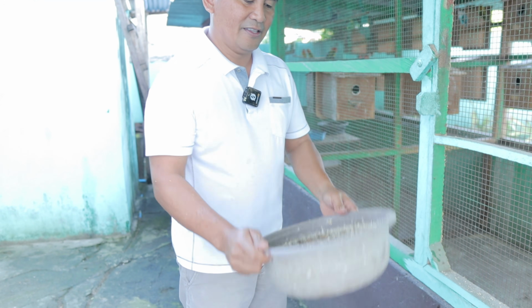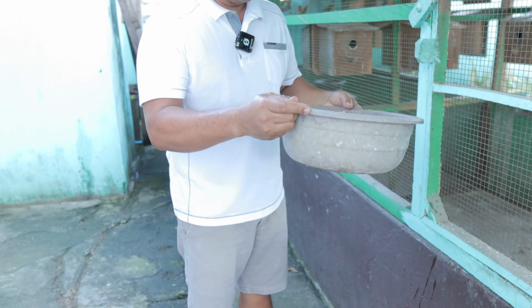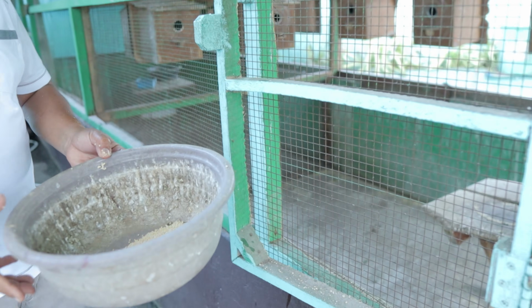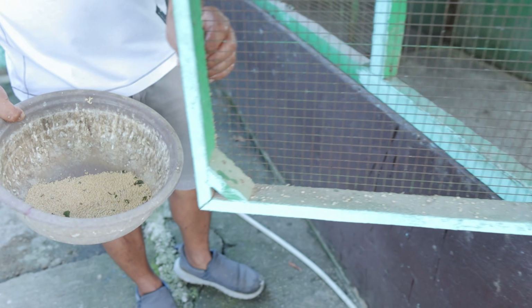We know it. So there's still good seeds that are left. So we will put this back, and we are already sure that they have sufficient food to eat. Okay. And then of course,